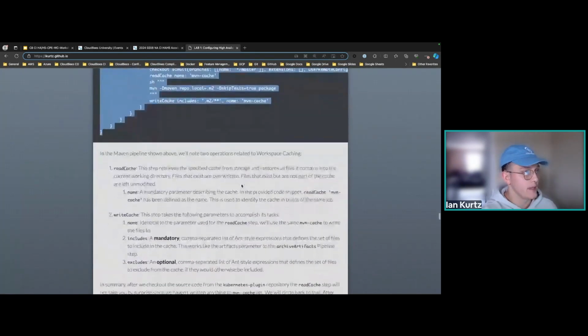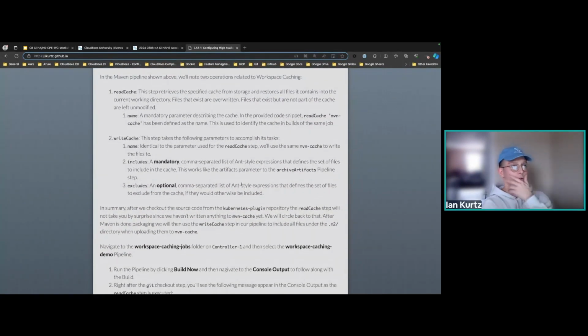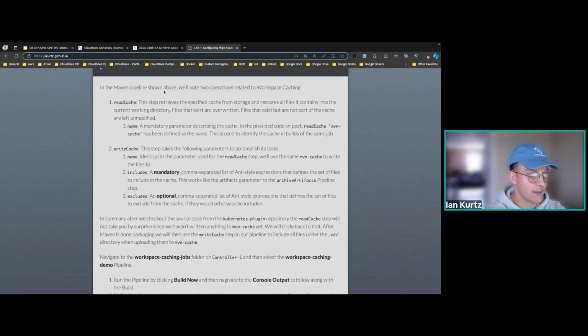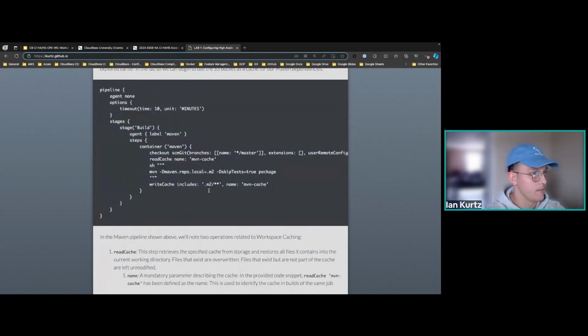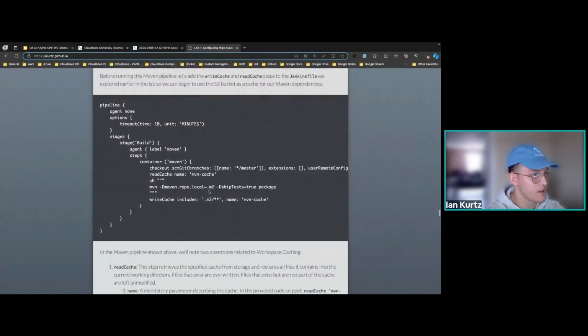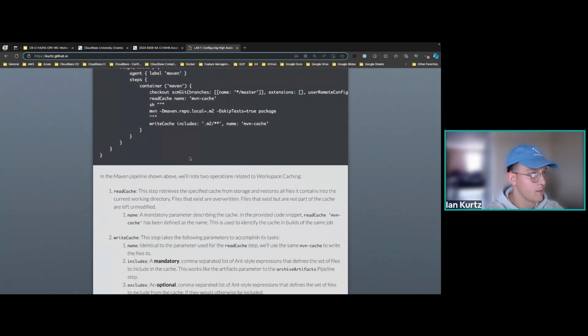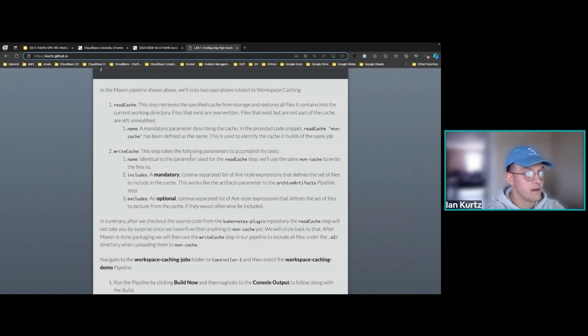What we'll want to keep an eye on when this runs, now that we know what we need to actually interact with that S3 bucket, is that these two steps are mandatory. So here's the previous pipeline, and here's the new pipeline with our read cache step and our write cache step. The read cache should come before the build, so that if you have written anything previously, it will pull those exact same artifacts in for this new run, which we will see in real time. So it'll retrieve the specified cache